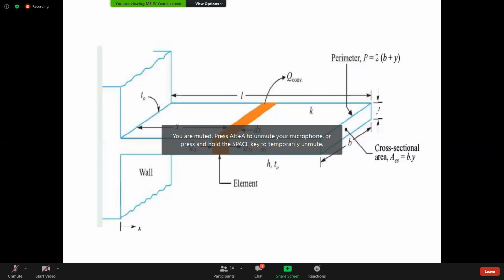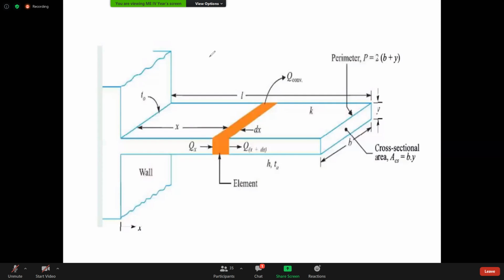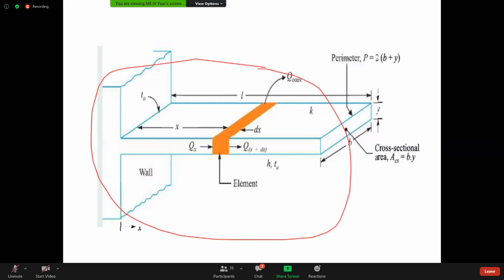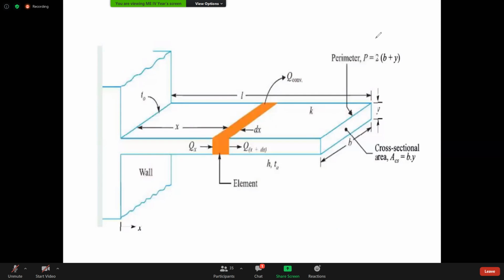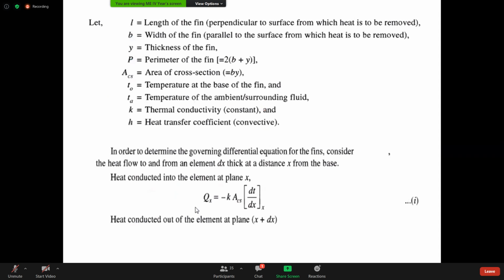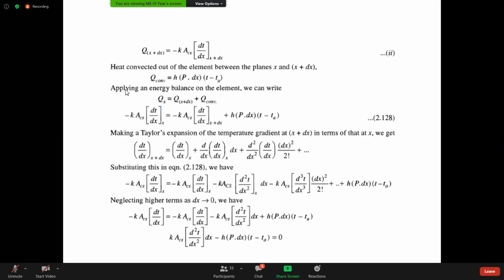So now, we talked about the fins in the last class, right? This is the physical structure of the rectangular fin, for which we have derived some mathematical equation. The qx is equal to minus k into area of cross section and this. This is the heat influx we can say, and again heat efflux we can do with the help of this. This is the heat efflux. At the same time, this is the fin, right?